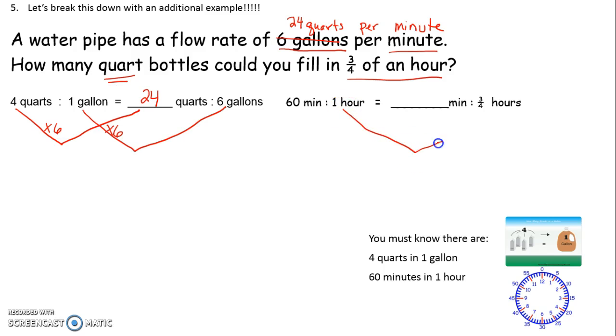Again, you say, oh gosh, 1 hour. What do I do with 1 to get to 3/4? Oh, 1 times 3/4 will get me to 3/4. So guess what I have to do with 60 if I'm using my upside down caret? 60 times 3/4 gets me where, right? I can do 60 times 3/4. 60 is 60 over 1. I can multiply straight across the top, straight across the bottom if I choose. Or I could use a tape diagram if